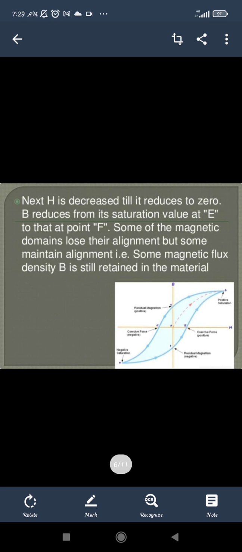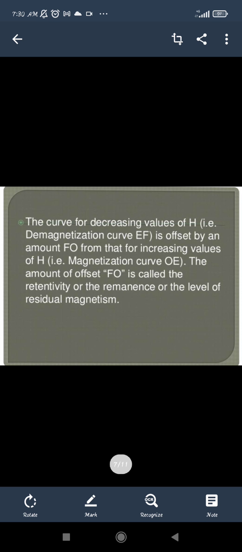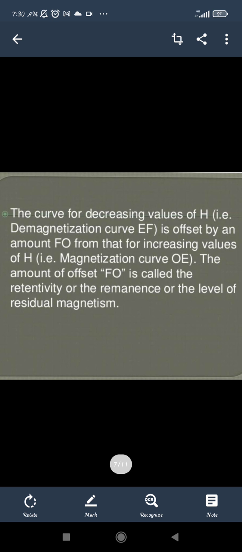And now if we try to decrease the magnetic field, that is, the value of B is decreasing, then it will not come to 0, because there is still some magnetism remaining in that sample. This point, where it still does not come to 0, the remaining magnetism, is said to be the residual magnetism, or the retentivity. Okay, so after decreasing it also goes in the negative direction. There also it reaches a point where it stops, showing the magnetic field intensity H. So there will be a saturation point again, that will be the negative saturation. Okay, so this is retentivity or the residual magnetism.